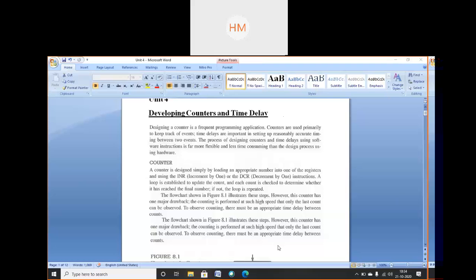Okay, so now we will draw the flowchart. What will we put in the flowchart over here? How will my flowchart be made? For counters it will be very simple.